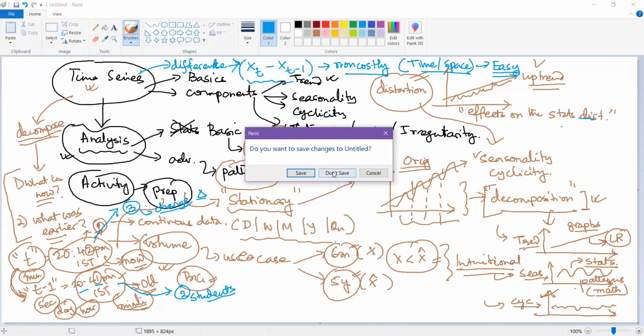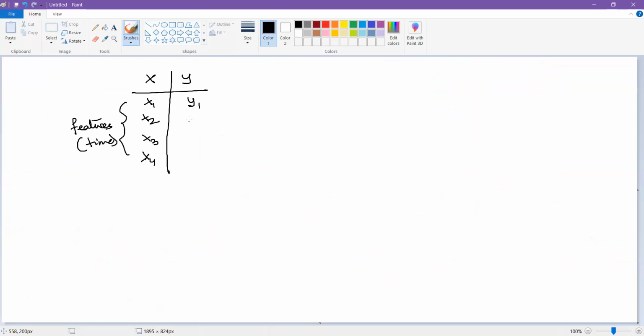How I do that is, let's say I have my data which is x by y. I simply take the values x1, x2, x3, x4, and so on. These are my feature values, the features. In this case, this is simply going to be time, and with respect to time, I'm getting a value which is y1, y2, y3, y4, and so on.